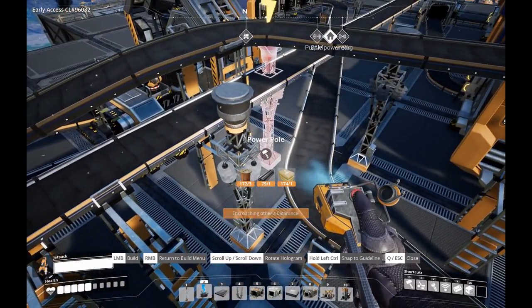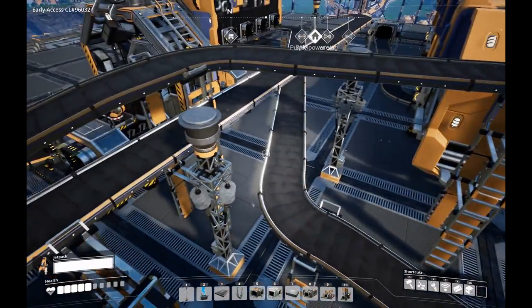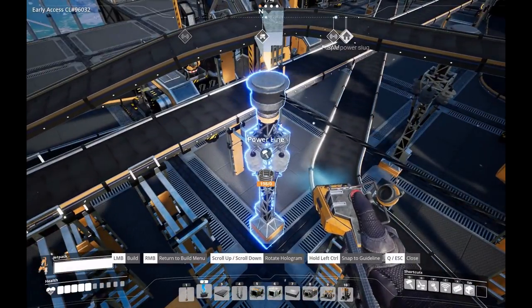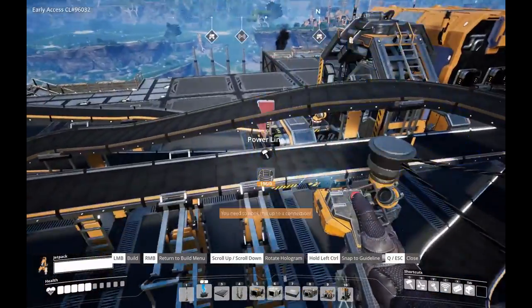Maybe that's something they should do. Like, if I have a power pole on hotkey 1, if I press it, it should cycle between the two types of power poles. Alright, you'll connect, and now you'll connect. I don't know who was in whose way over there, but...